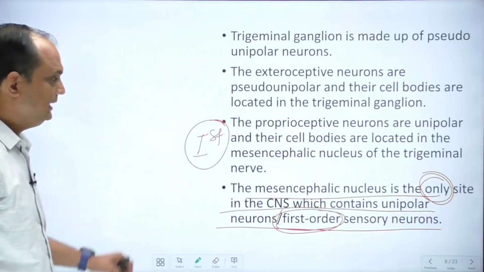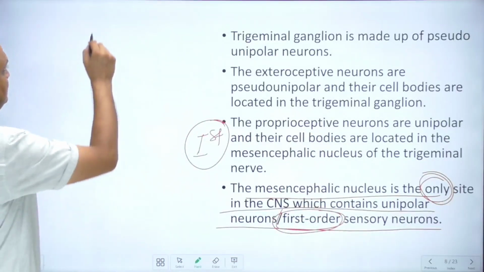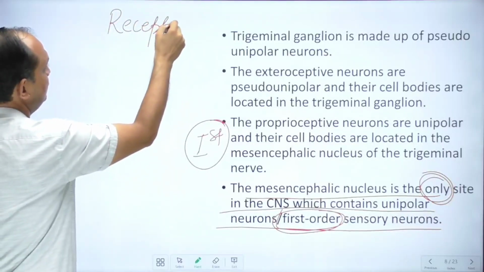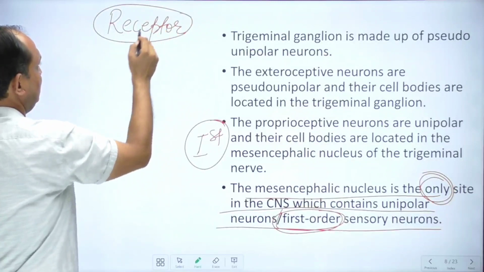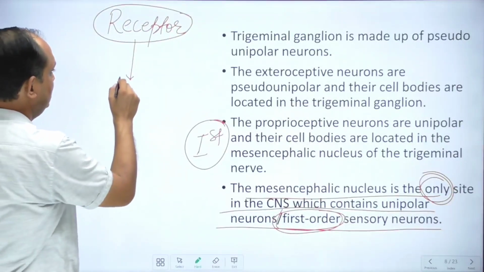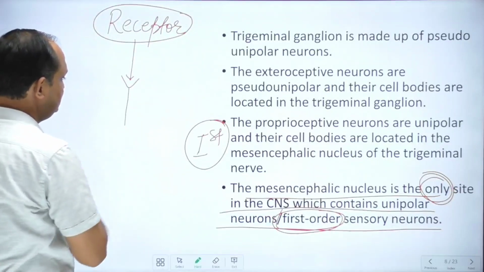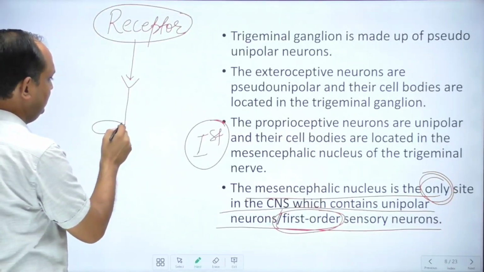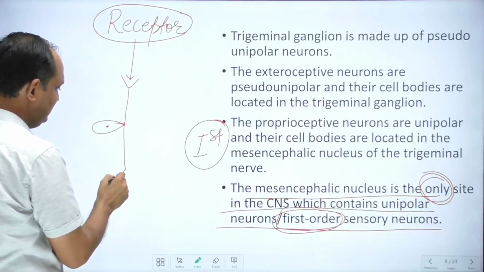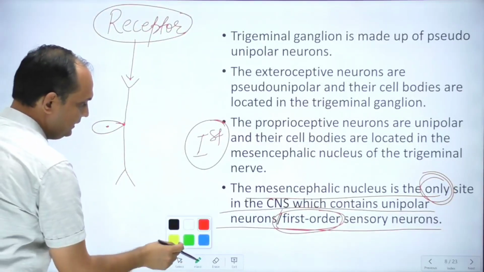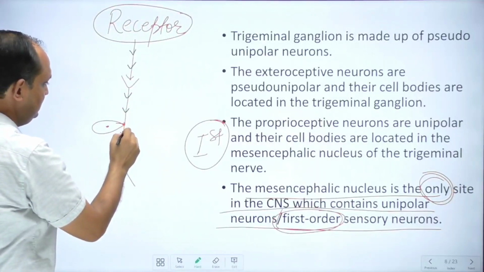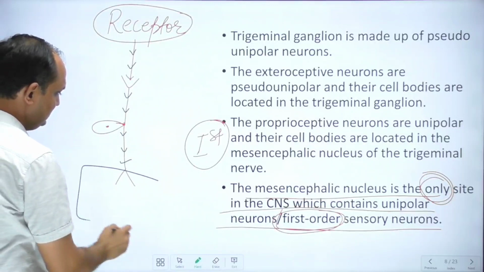Now see what the concept is. The concept is, this is the receptor. Now from any receptor there are chemical changes that occur, and that will send the impulse to the nerve fiber. Now this nerve fiber is actually part of a neuron. Then the neuron will enter into the central nervous system. Clear? Now this is the impulse which is entering into the CNS.